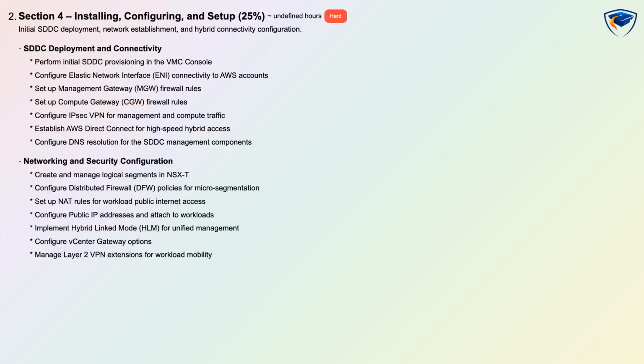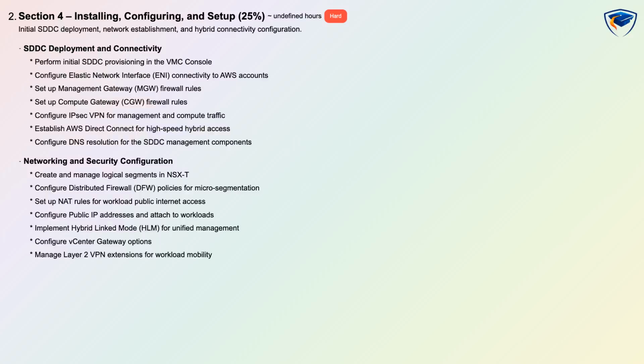Section 4 Installing, Configuring, and Setup is 25%, classified as hard and assessed through hands-on and conceptual exercises, focusing on initial SDDC deployment, network establishment, and hybrid connectivity. You will practice SDDC provisioning in the VMC console, configure Elastic Network Interface connectivity to AWS accounts, set up management gateway and compute gateway firewall rules, and establish IPsec VPN and AWS Direct Connect for hybrid access while ensuring DNS